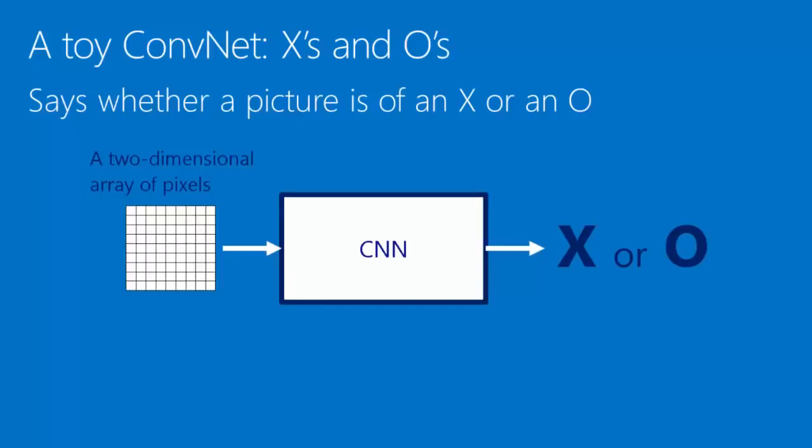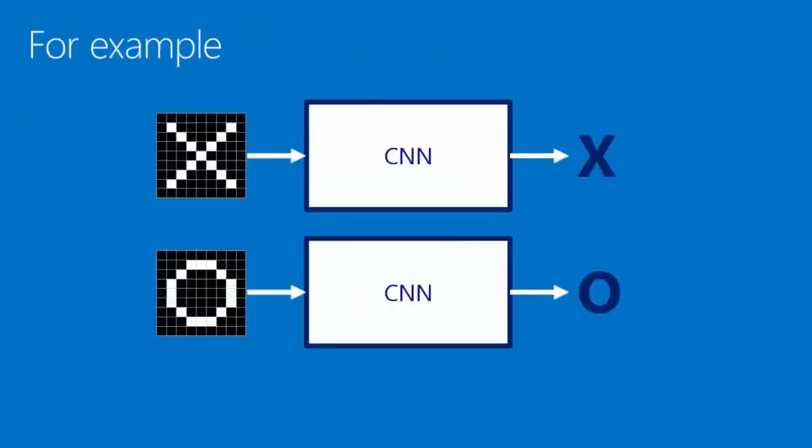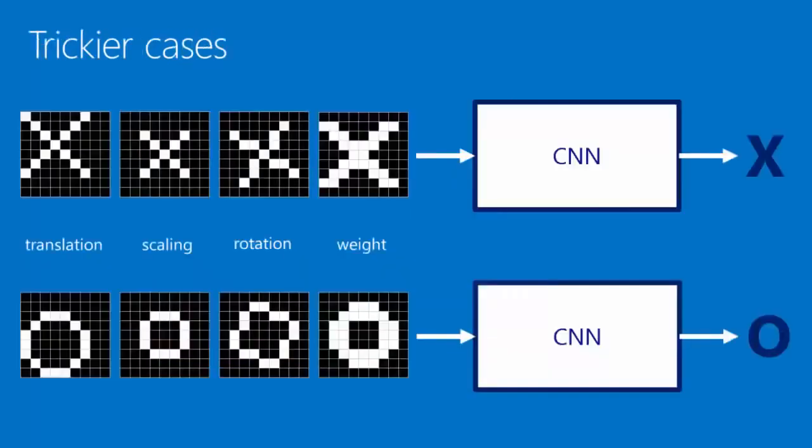What this one does is take in an image, a two-dimensional array of pixels. You can think of it as a checkerboard, and each square on the checkerboard is either light or dark. And then by looking at that, the CNN decides whether it's a picture of an X or of an O. So for instance, on top there, we see an image with an X drawn in white pixels on a black background. And we would like to identify this as an X. And the O, we'd like to identify as an O. So how a CNN does this